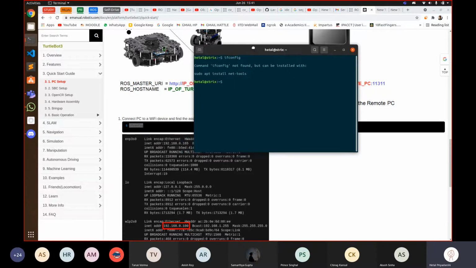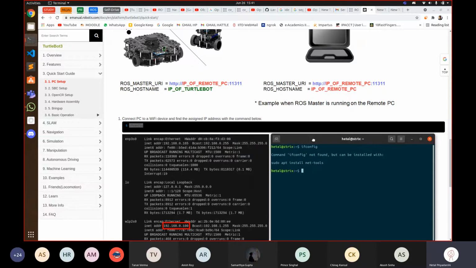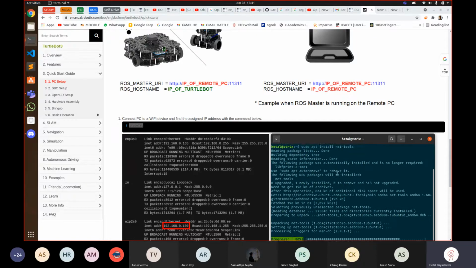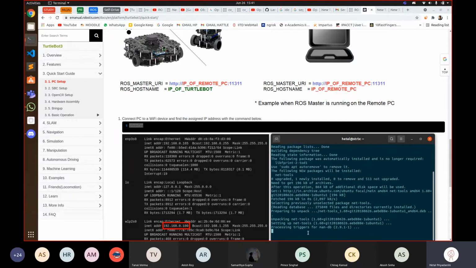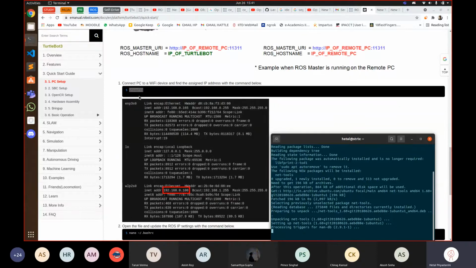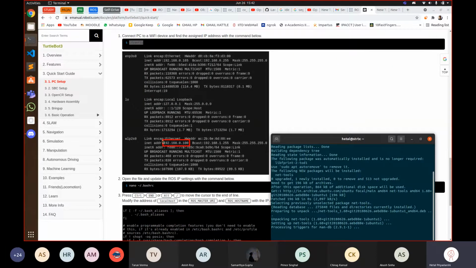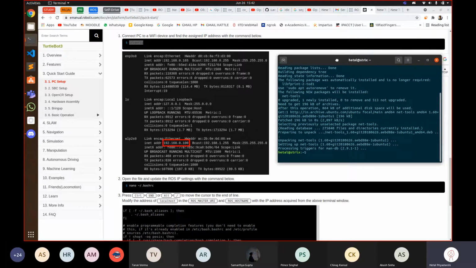It may happen that in your fresh installation ifconfig is not installed, so just do this command, and this will install ifconfig for you. After that you can again run ifconfig to get your IP address. Let's wait for it to install. Okay, it's done.